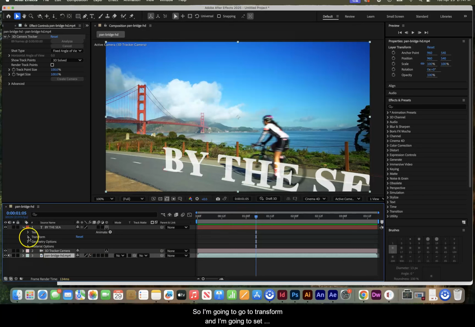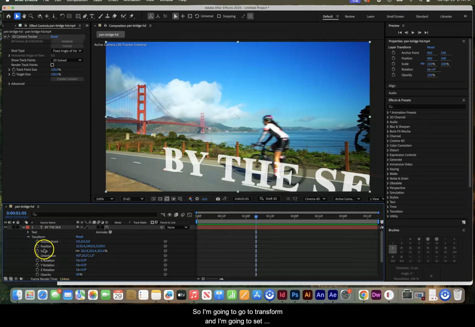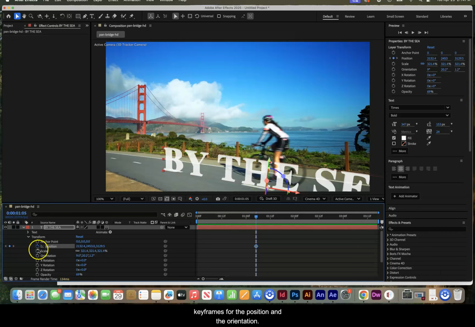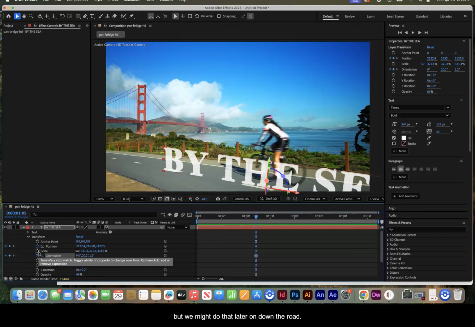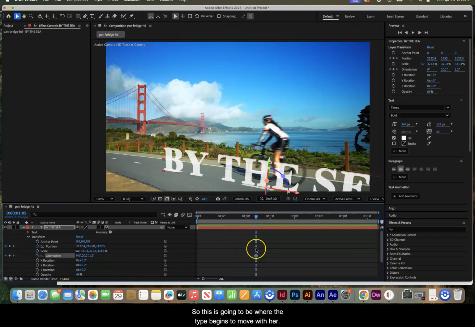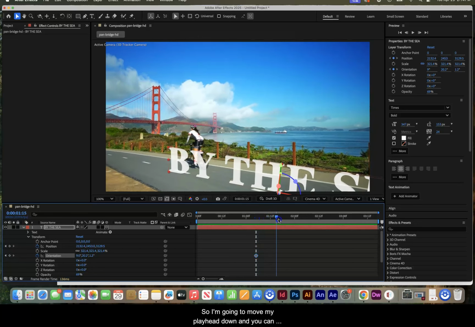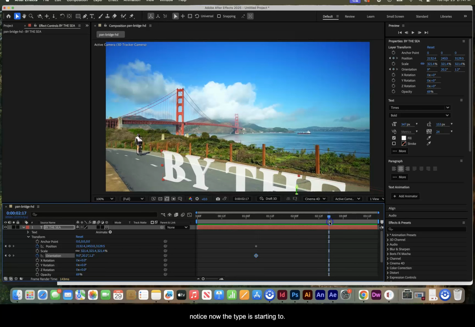So I'm going to go to Transform, and I'm going to set keyframes for the position and the orientation, and eventually I might even set keyframes for scale, but we might do that later on down the road. So this is going to be where the type begins to move with her. So I'm going to move my playhead down. And you can notice now the type is still sitting in that same spot. It's not moving, it's the camera angle of the